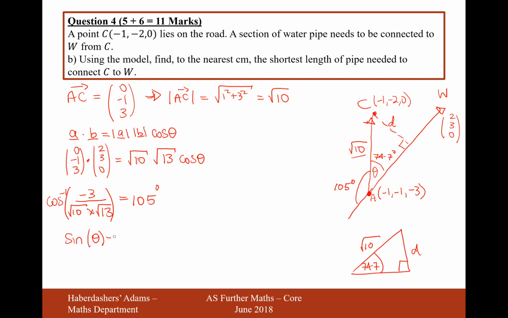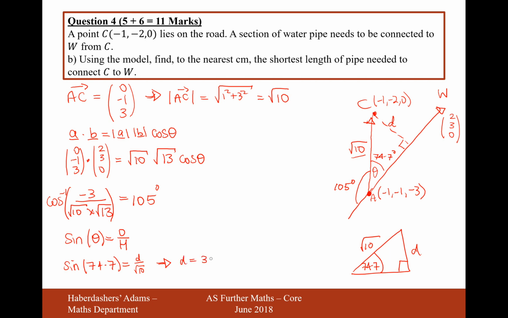Sine theta equals opposite over hypotenuse, so therefore it's going to be sine of 74.7 equals the opposite side, which is D, over root 10. And then if we do sine, I've got 74.7 in my calculator, so it's sine of answer button, and then multiply that by the square root of 10, and I get an answer of